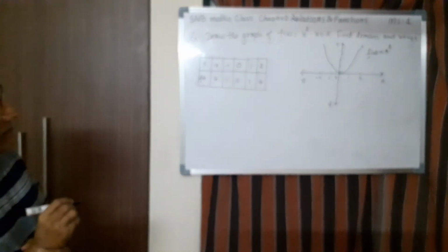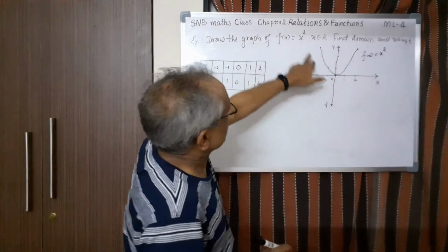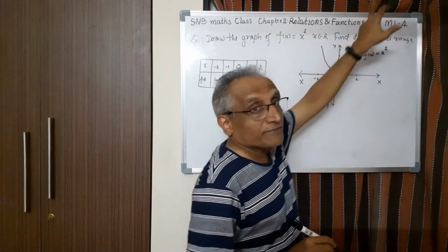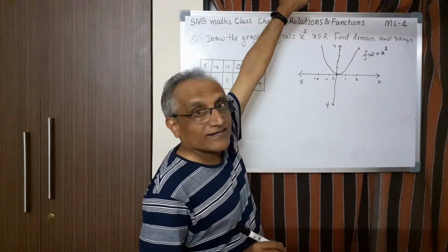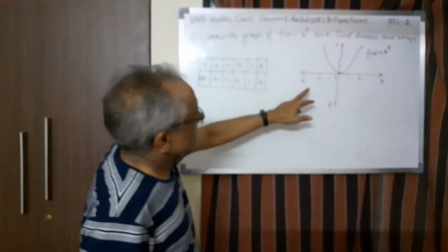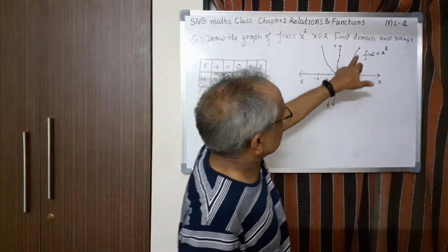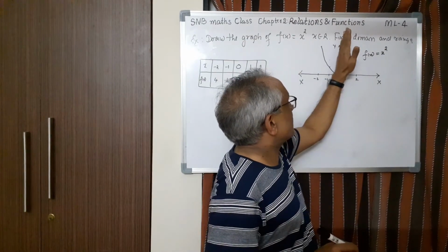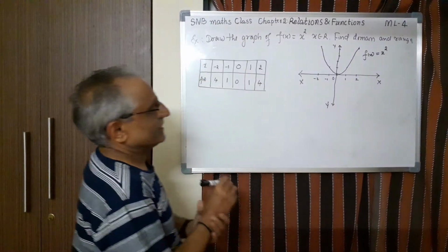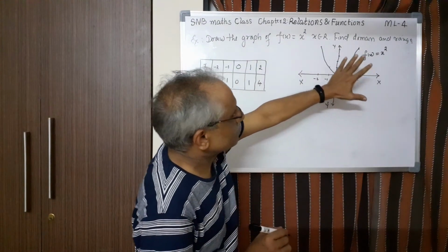Now very interesting thing is, what is the domain of this function? Once again, you can take any value x here. So the entire x-axis is domain. For example, you can take 10, it will go to 100. Suppose you take minus 10, it will also go to 100. Suppose you take 1000, it will go to 1000 square. Suppose you take here minus 3, 9, plus 3 also 9. So it is a symmetric curve, you can see. Exactly, y-axis acts as a mirror. This side and this side, they are exactly the same, congruent figures. So this is y equal to f of x square parabola.